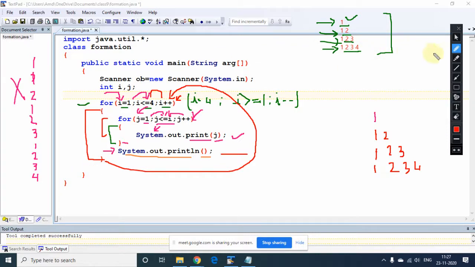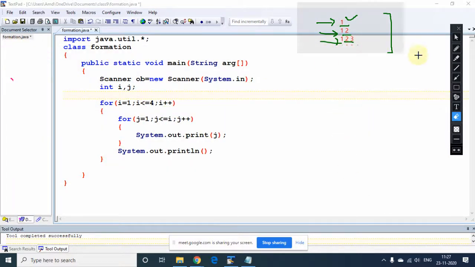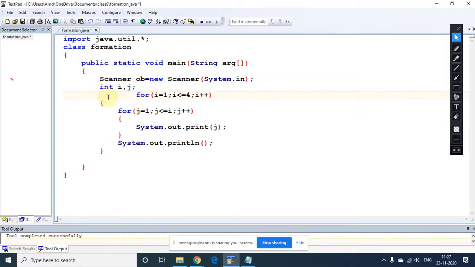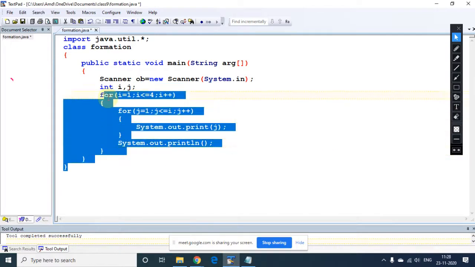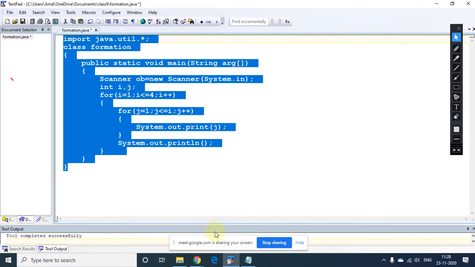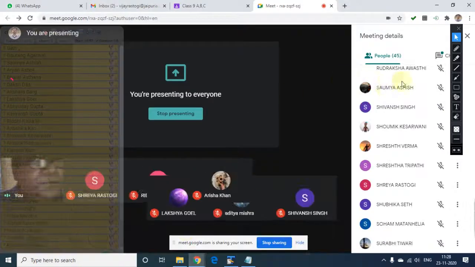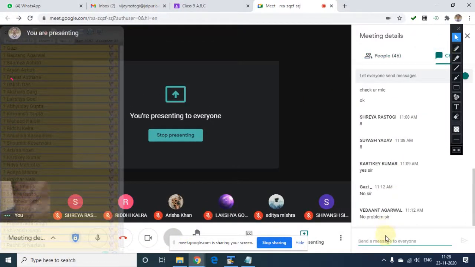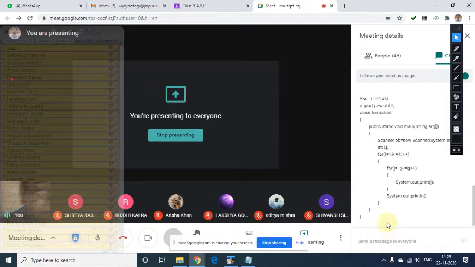So can you please post this program on Google Classroom? Why not? I can post in the chat box also. No issue with this. Is it clear? Concept is clear or not? Tell me first. Yes, sir. Okay. So I am pasting this in the chat box because in Google Classroom there are so many things, right? Or should I post in the GCR? Sir, you can post in the chat box also. Yes, thank you. I hope this one is clear, everybody. Thank you, sir.